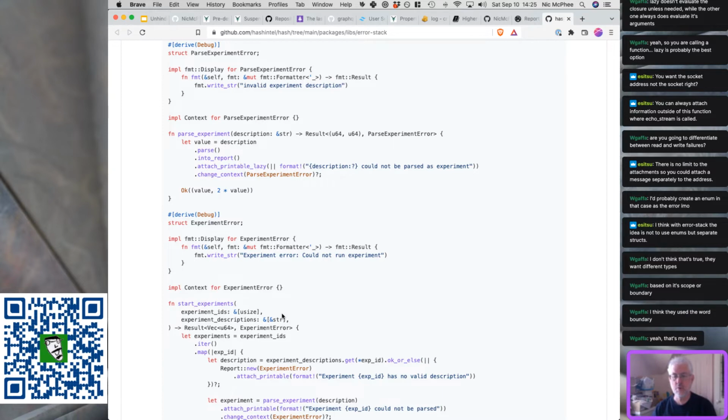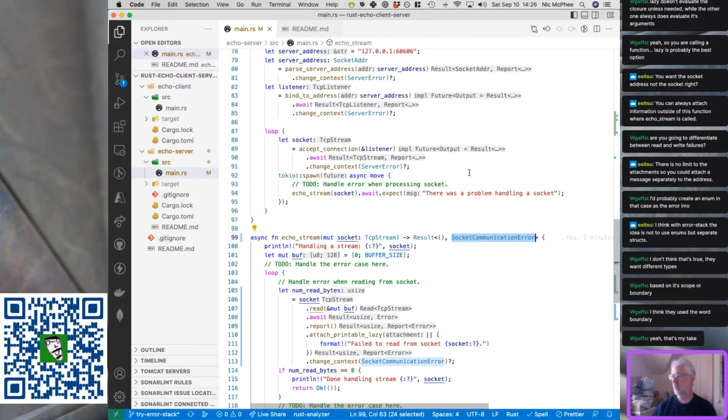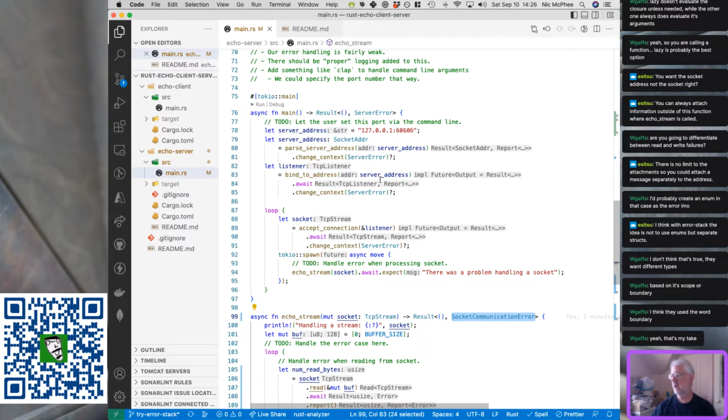But since we have two types at this level, there are two ways this could fail. And so an enum might make sense, where the different types are meant to represent the different levels or scopes. And then within a scope, you could use enums to simplify the kinds of errors that might happen. And so, in fact, we could imagine having a